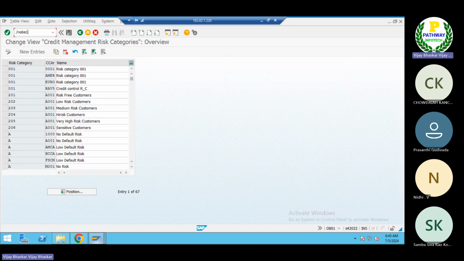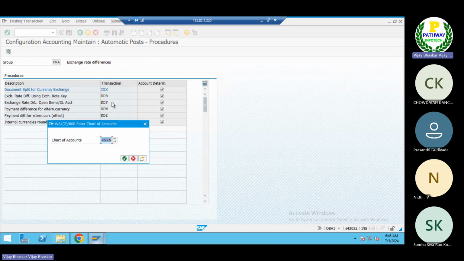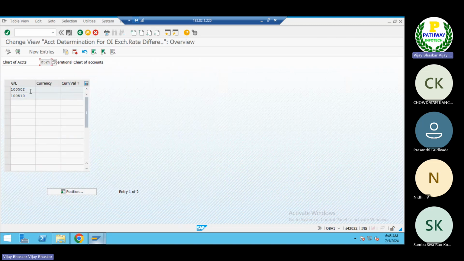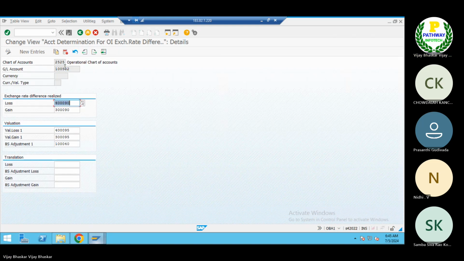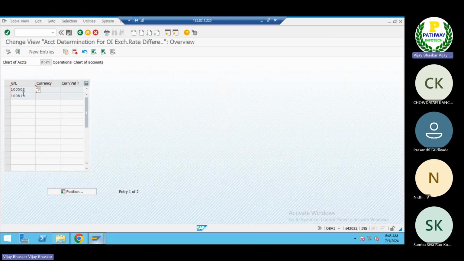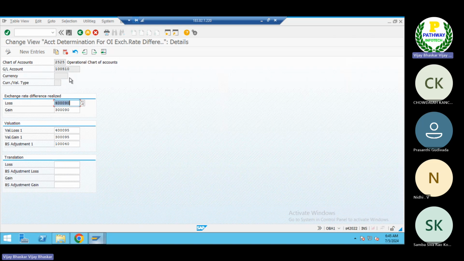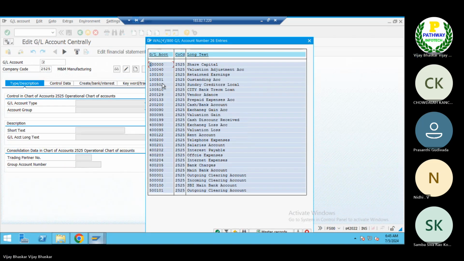Just have a look at this one. If you don't have clarity here, come back and have a look. You have mapped two things here. One is 150105002, I believe it's a reconciliation account. Then come back to this one, which we have mapped. What is the GL account? You can see 100510, Citibank term loan account. This is the account which you have to use here.